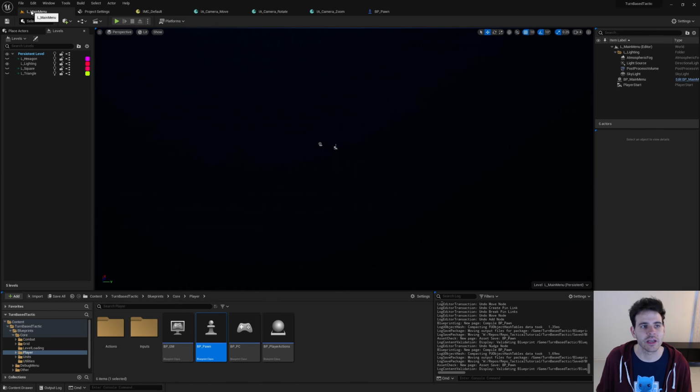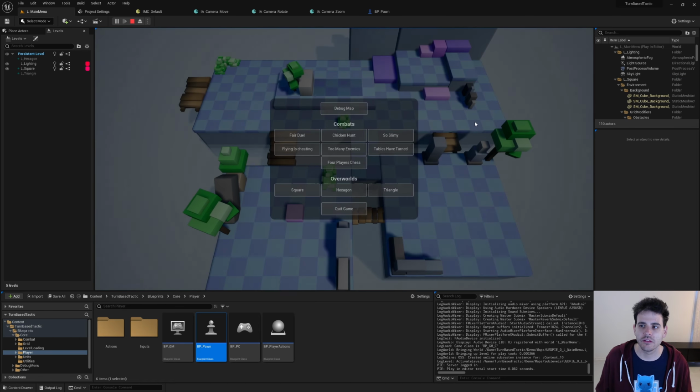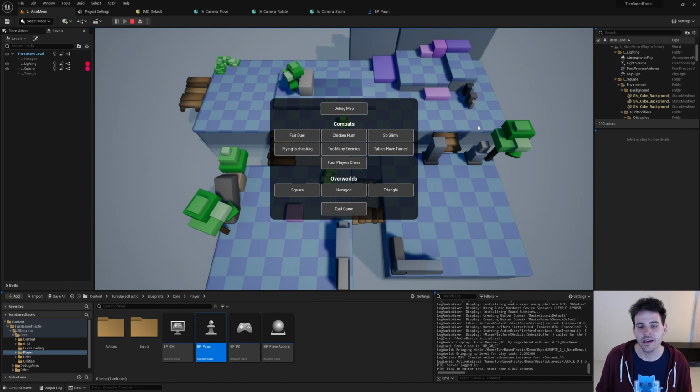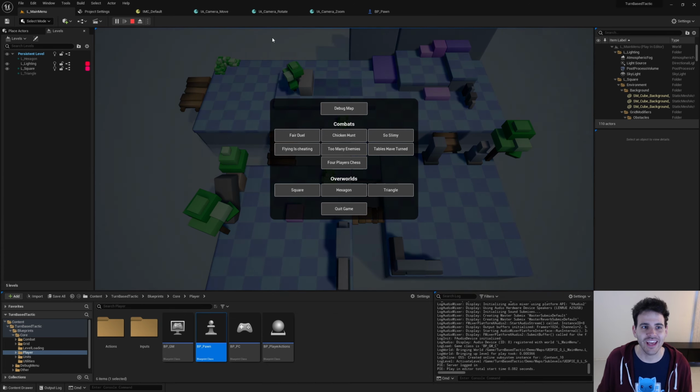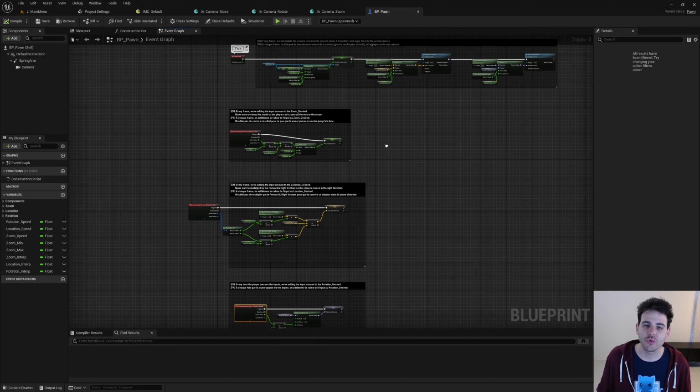So let's see how it goes. I'm gonna go in my main menu and press play. Now I'm gonna press on my keys and nothing happened. Yeah. Okay, yeah, because that's not as simple as that. Actually, we have two other steps we have to do to make it work in the game. So I'm just gonna press stop, go in my player pawn, and at the beginning, we're going to tell the